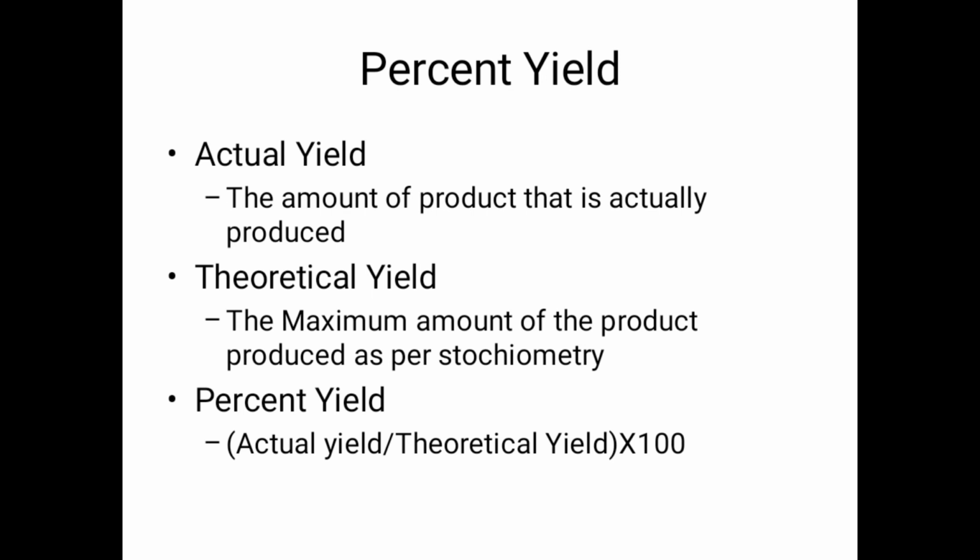product. But in actual practice, this 100 moles will not be completely converted into product. Only 90% or 80% or 95% will be converted into product. So that is actual yield. But theoretical yield is that the 100 has to be converted into 200. Then percent yield means actual yield divided by theoretical yield into 100. That is the percentage of raw material converted into product against the theoretical yield.